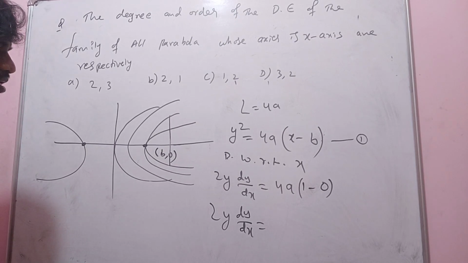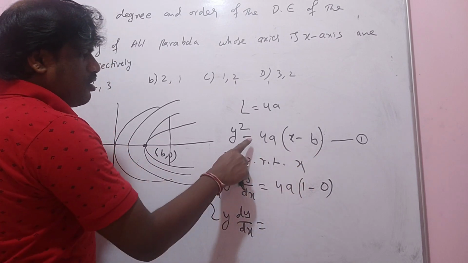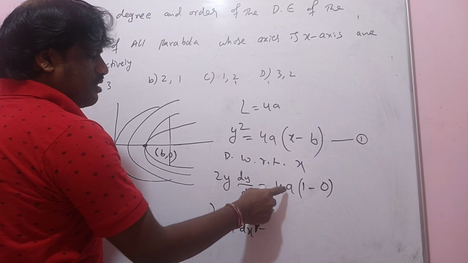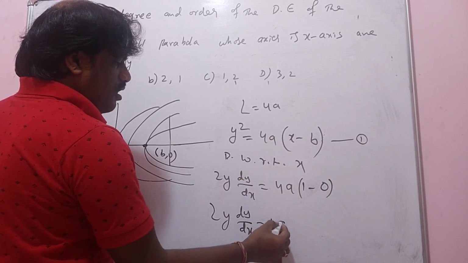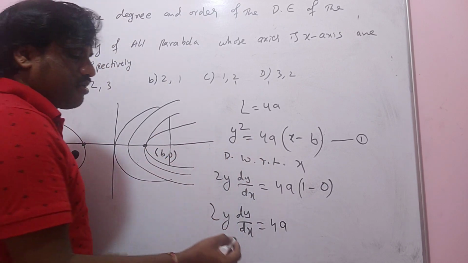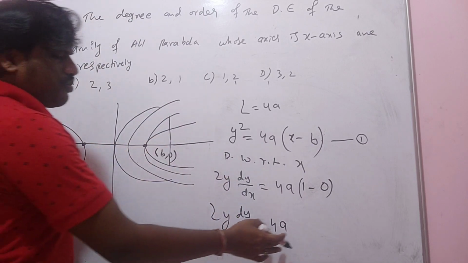Actually, we still need to do the second differentiation, because there are two arbitrary constants. So 2y dy by dx is equal to, this x differentiation is 1. You got this one, right? Now you have to do the second differentiation. Then only you replace 4a. The reason is what? First you differentiate, otherwise you can replace it, but